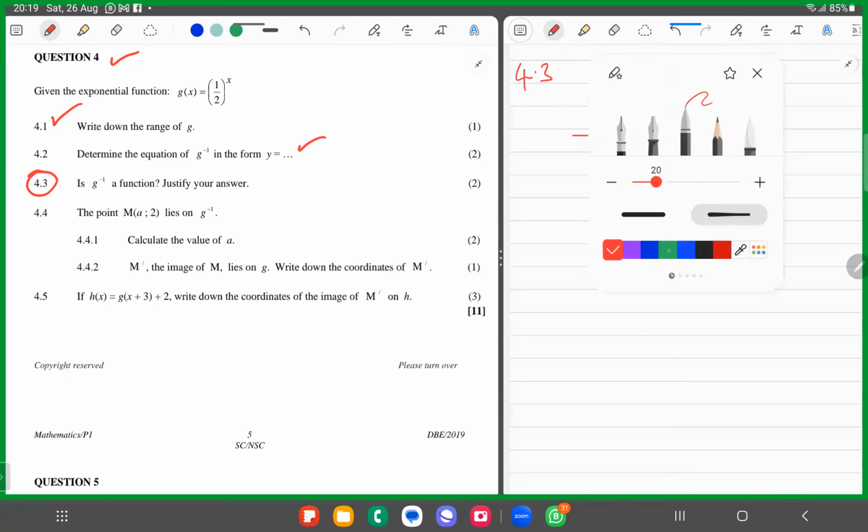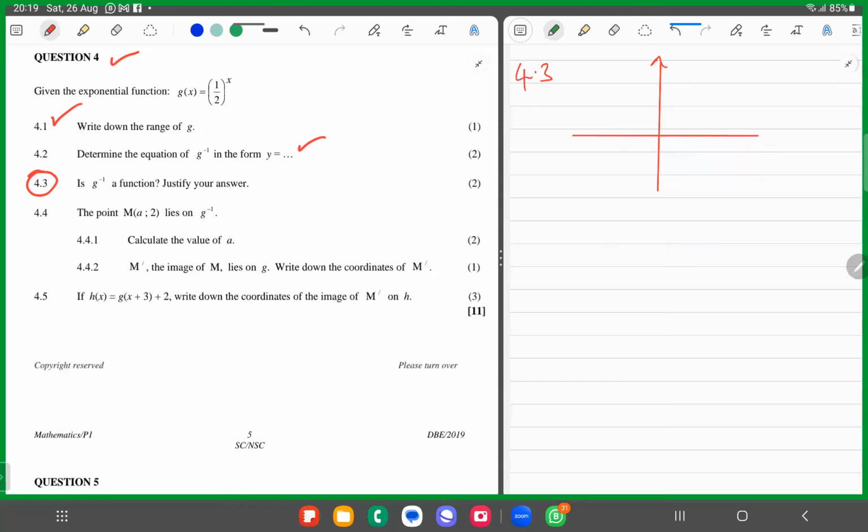Okay. Now there's something. So now the graph of the inverse function is sketched like this. So now we realize that it is sketched like this. So this is the graph of the function g of x, which is 1/2 to the power x, sketched like that. Right, because in mathematics, when the graph, for instance, is of the function y equals 2 to the power